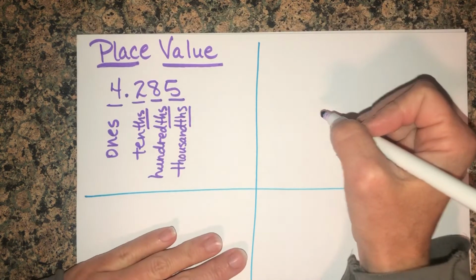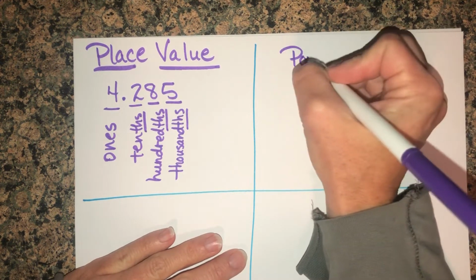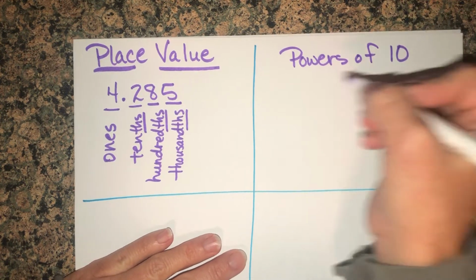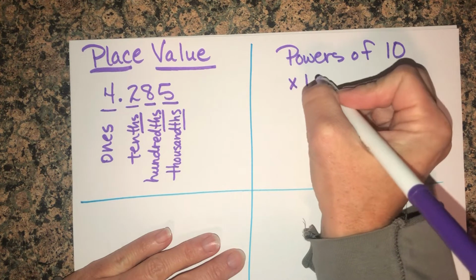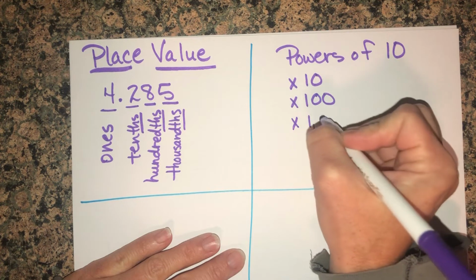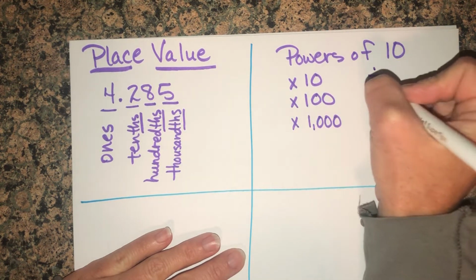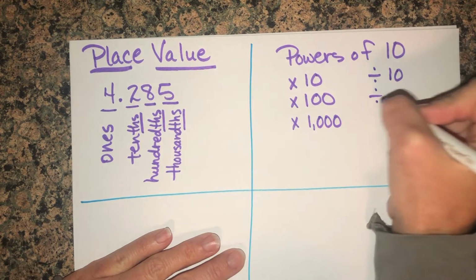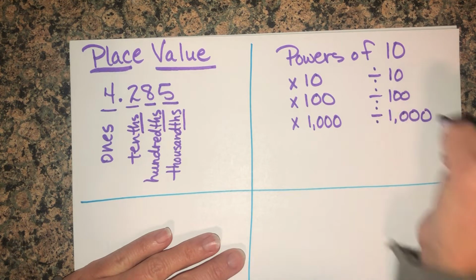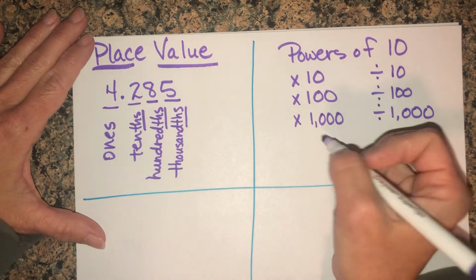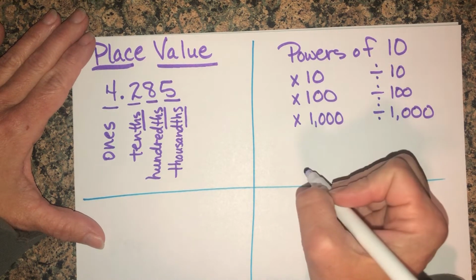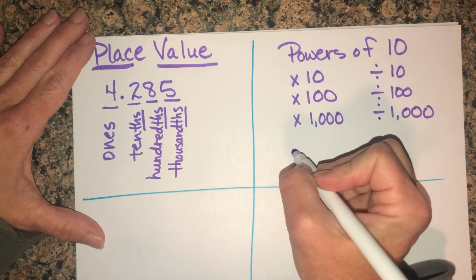So the first thing we're going to look at are powers of 10. When we're looking at this, we're going to be multiplying by 10, multiplying by 100, or multiplying by 1,000, and then we also divide by 10, divide by 100, and divide by 1,000. So when we're doing this, just remember, when you're multiplying numbers by 10, 100, or 1,000, if I have